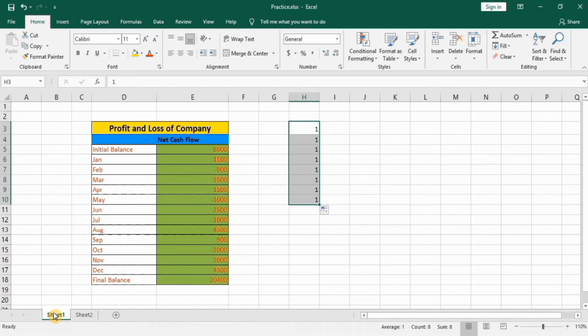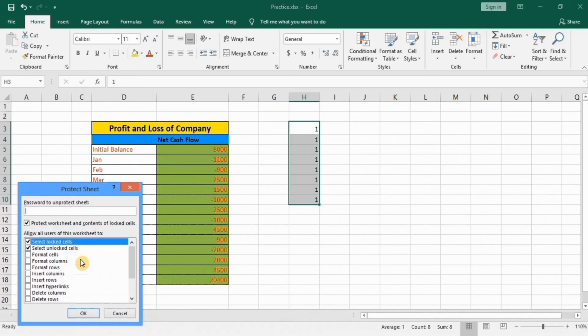So right click here, go to protect sheet, and here firstly format cells, format columns, format rows, we have already seen this. Next we move to insert columns. We check the option of insert columns, so we will be able to insert columns in this sheet. There are plenty of options available. You can explore these options, for example, insert rows, insert hyperlinks, delete columns, delete rows, use pivot table, use autofilter, sort. You can check these options, and the setting will be changed. So I will select insert columns and click on OK.